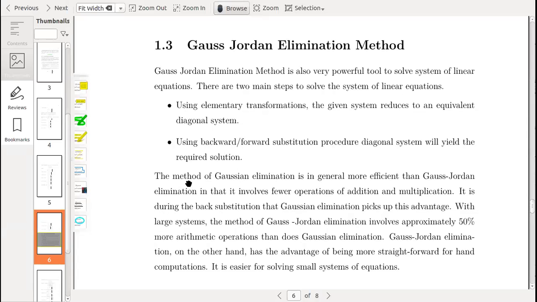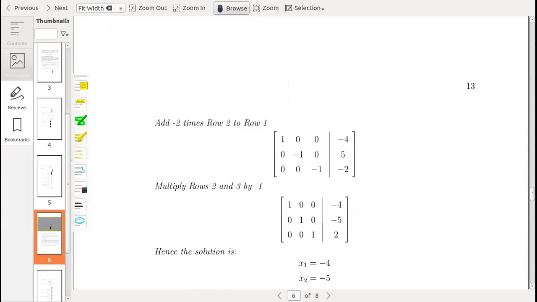And the other point is that Gaussian elimination is in general more efficient than Gauss-Jordan. Normally we think that the Gauss-Jordan method is efficient, but no. Gaussian elimination method is more efficient than Gauss-Jordan. Why? Because the Gaussian elimination method involves fewer steps than Gauss-Jordan. You see here,